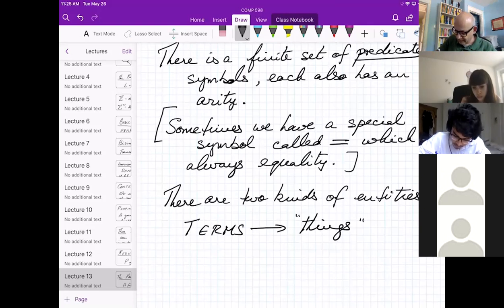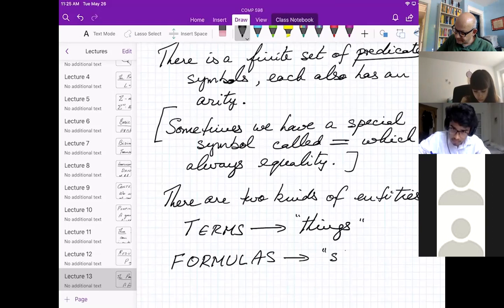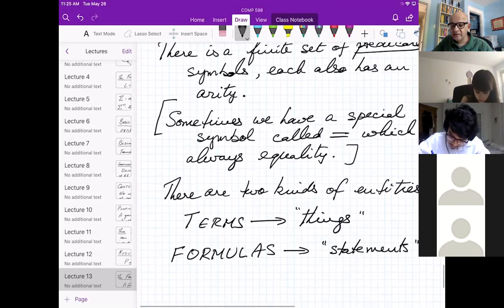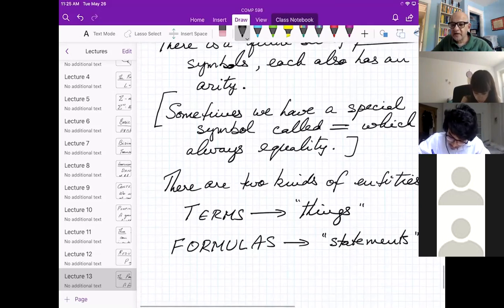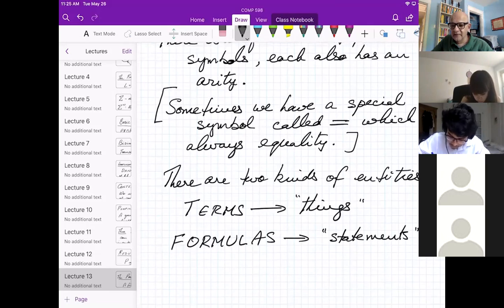And then there's another entity called formulas, and these are statements. About statements, one can sensibly ask whether they are true or false. About things, it is absolutely meaningless to ask whether they are true or false. They're just the names of things.